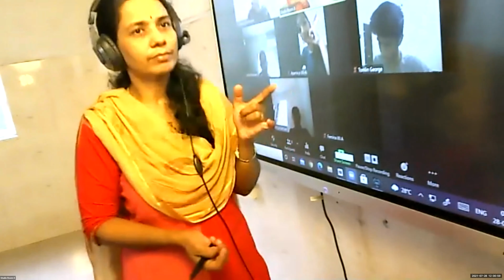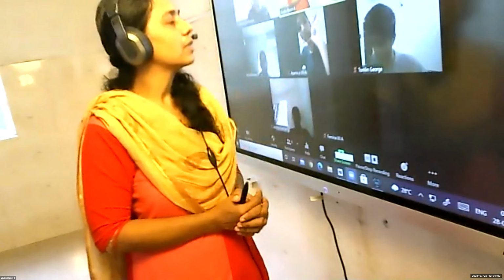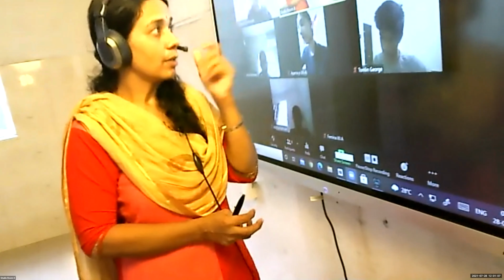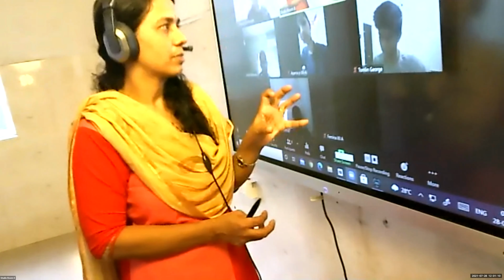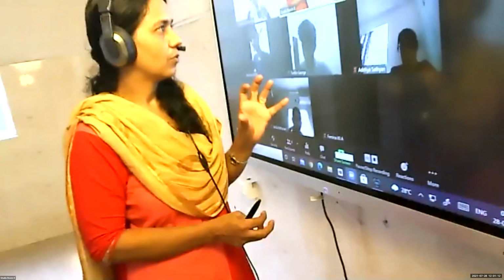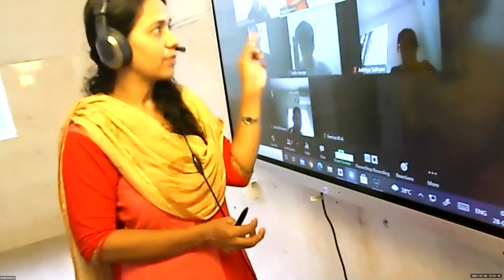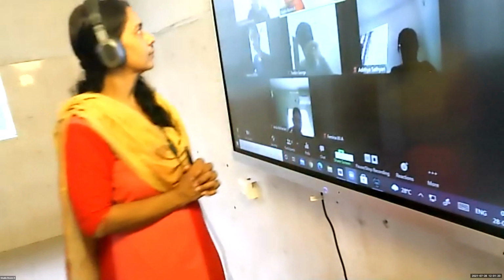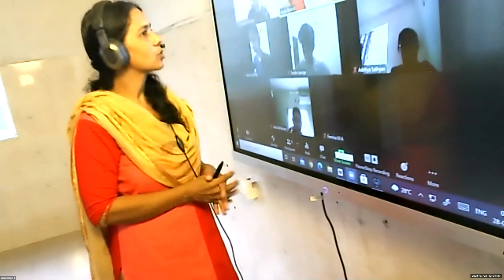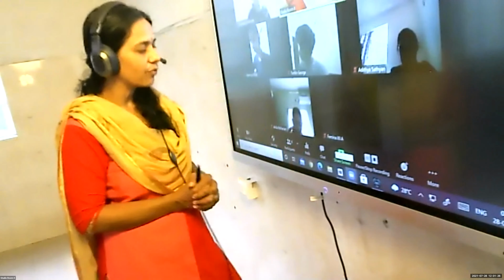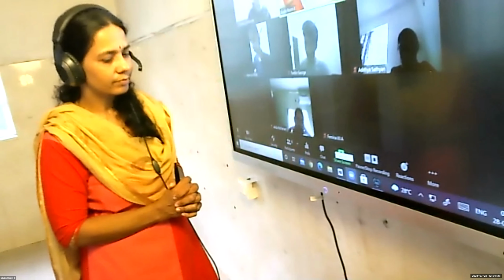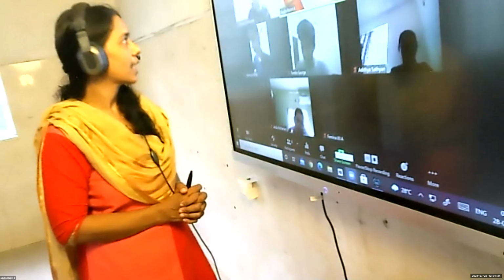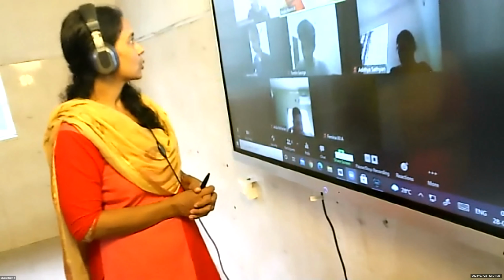Okay. Then, we have learned the definition of an invertible matrix, isn't it? All the definitions, children, give more importance to the concepts. Is it clear? One more questions, everything will be asked from the definitions and concepts. So, when will you say a matrix is invertible? A square matrix A is said to be invertible if there exists another matrix B of the same order such that A into B is equal to B into A is equal to